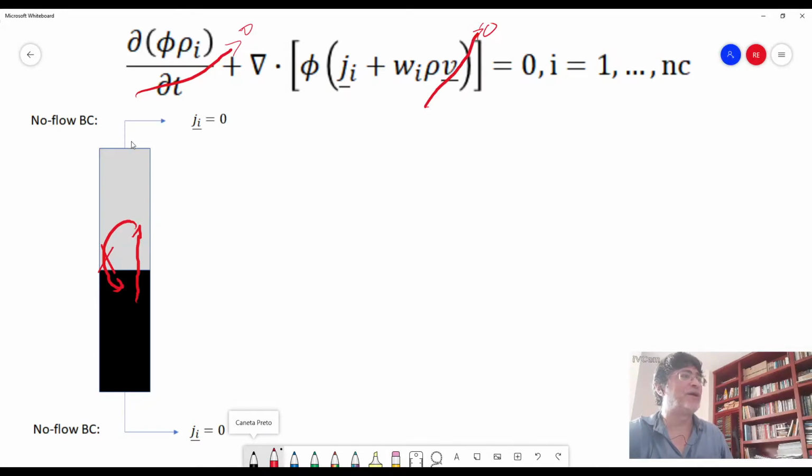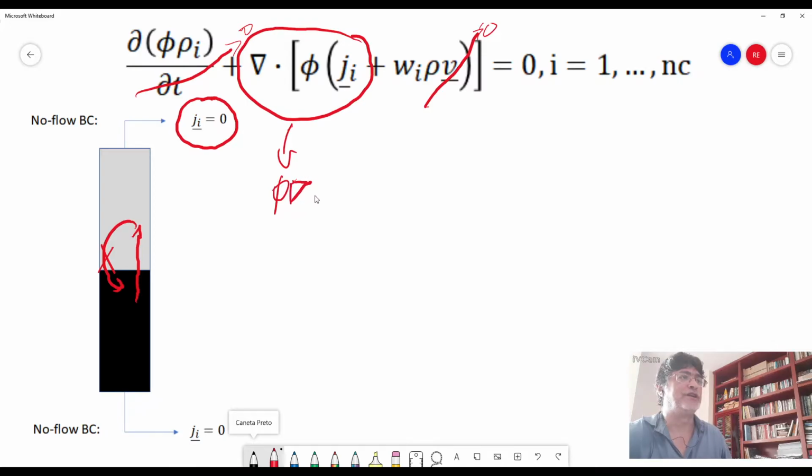And the boundary conditions, the no-flow boundary conditions, are very important too. At the boundaries, Ji must be zero. This is very important because the remaining term of the equation is this one. And we may rewrite it as phi, the divergent of Ji, plus Ji gradient of phi equal to zero. So in the 1D system, this means that,